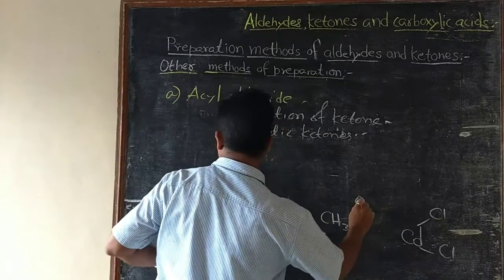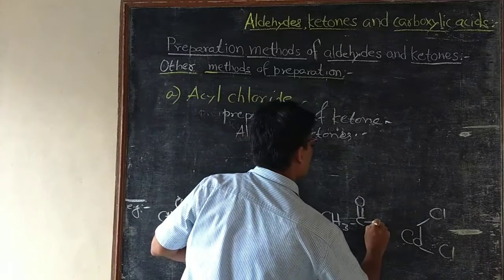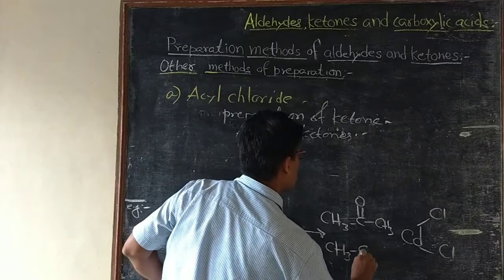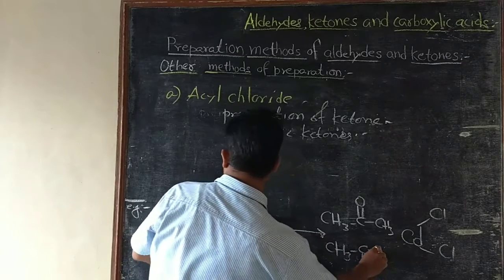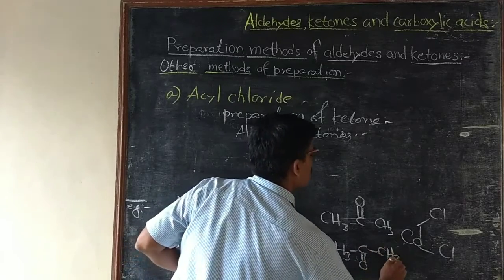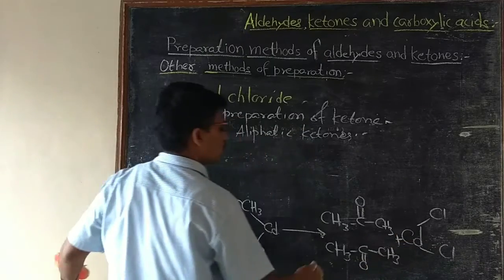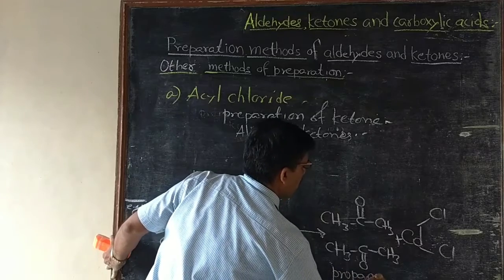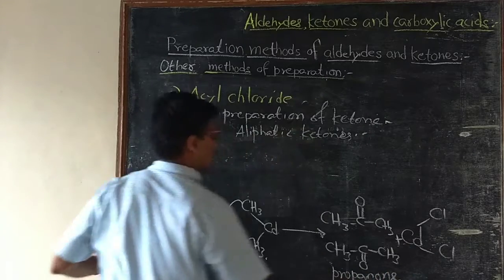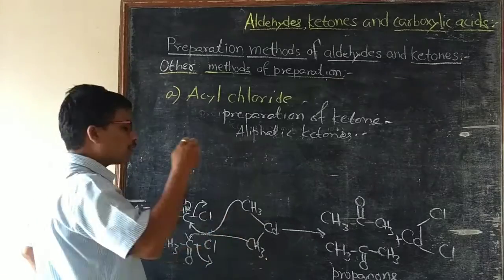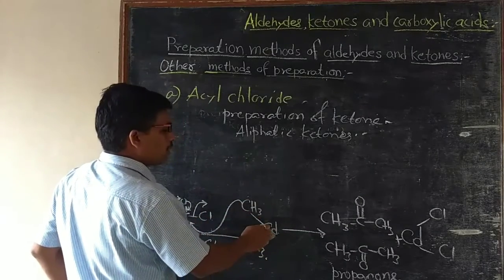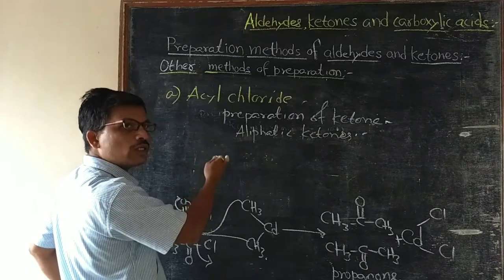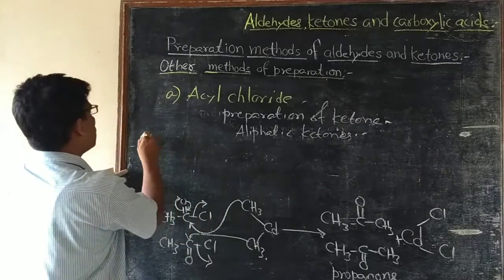CH3 C double bond O, then this CH3, then another molecule CH3 C double bond O, and this CH3, plus cadmium chloride. Its name is propanone, and this dimethyl cadmium is prepared from cadmium chloride by reaction with Grignard's reagent, that is